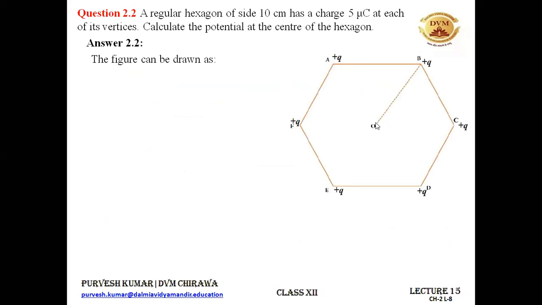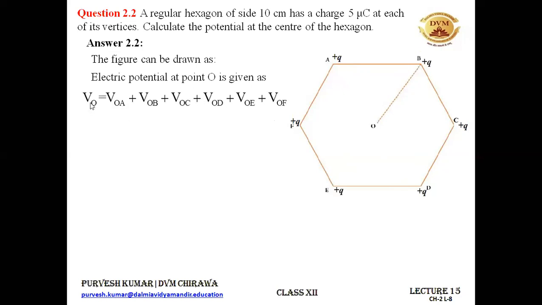We need to find the electrostatic potential at its center. So we just need to find the individual electrostatic potentials at point O because of the charges placed at the vertices A, B, C, D, E, and F, and then we have to add them. And the electrostatic potential at point O, because of the same charges that are present at A, B, C, D, E, and F, they will be same because it's a regular hexagon, so that AO is equal to OB and it is also equal to OC and so on. All right, so we can calculate it like this, that the electrostatic potential at point O is given by, these are the individual potentials because of the charges present at vertices A, B, C, D, E, and F.